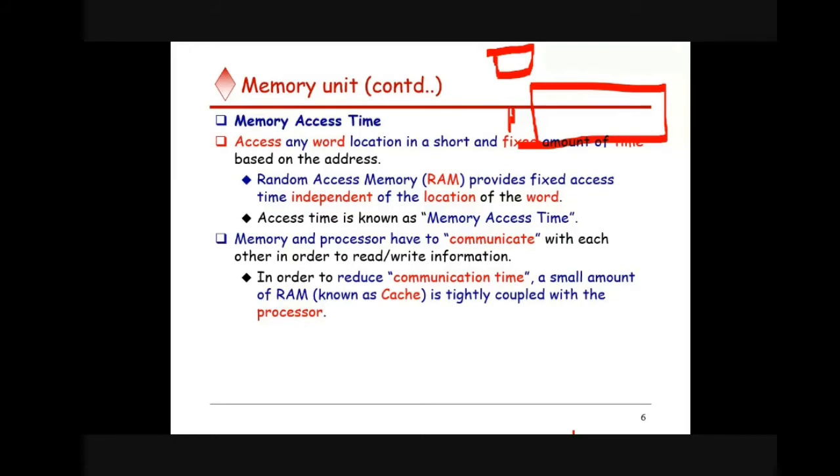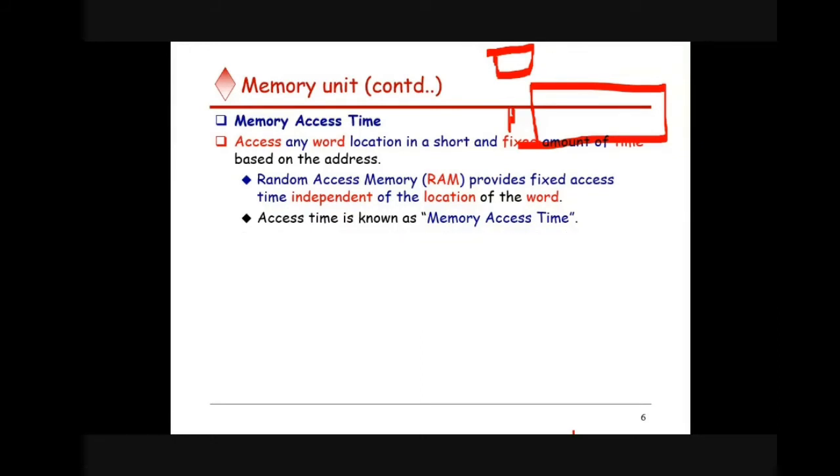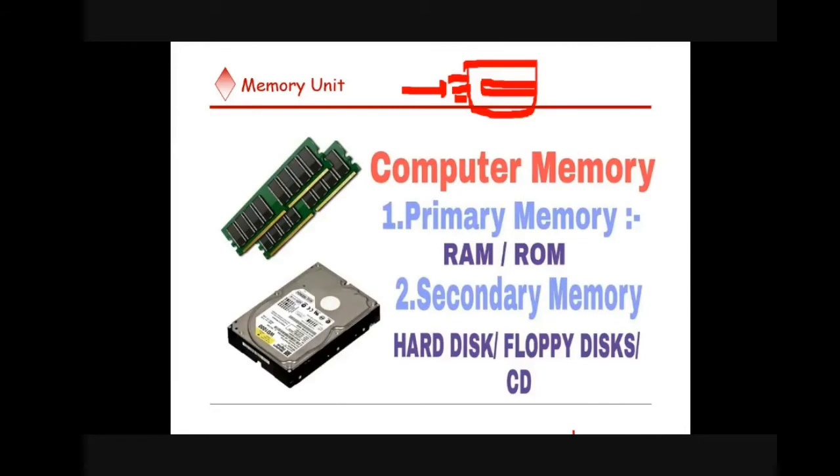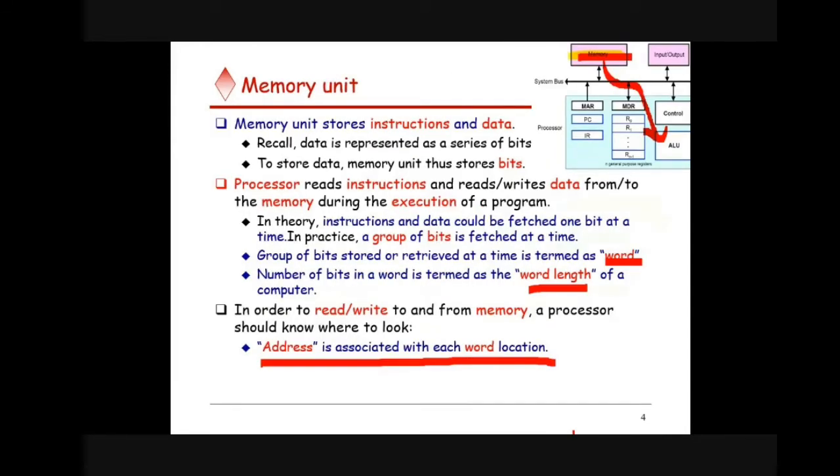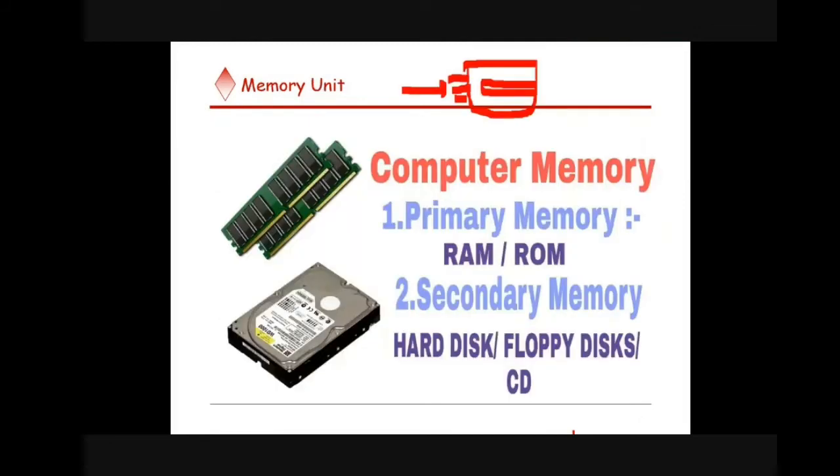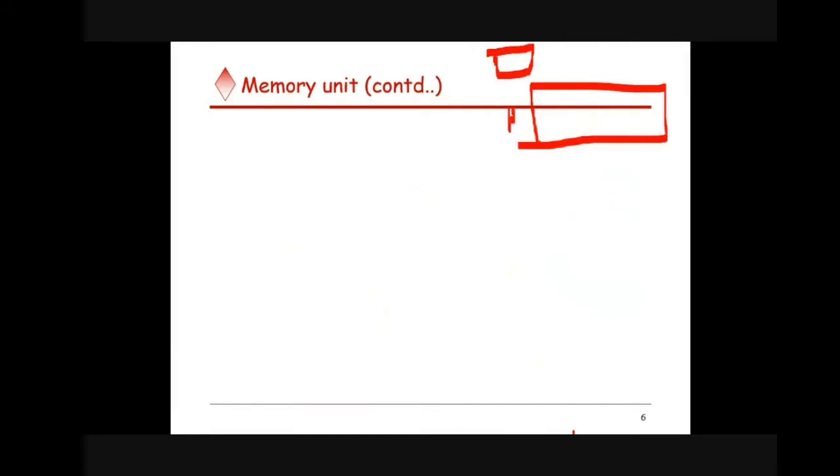So this is all about the memory unit. What all have we discussed in the memory unit? We discussed what is there in the memory unit, how the data is stored inside it, how it is transferred to the processor, and in what way the data is accessed. After that, the different types of memory. And after that, what memory access time is, how it is related to the separate memory unit, and how fast the data transfer is between the registers and the processor.